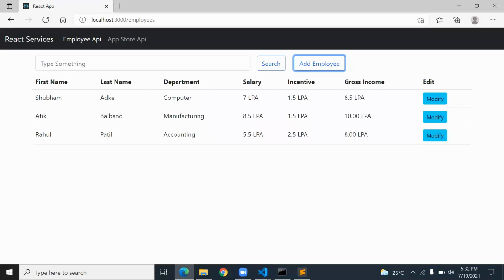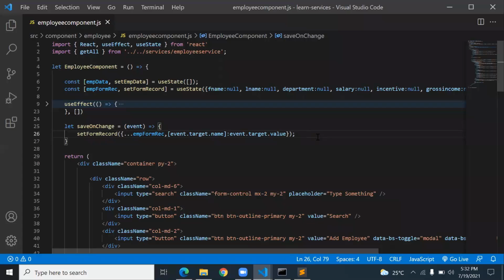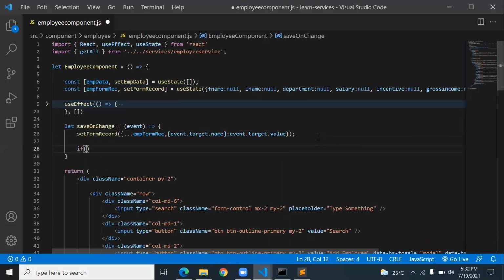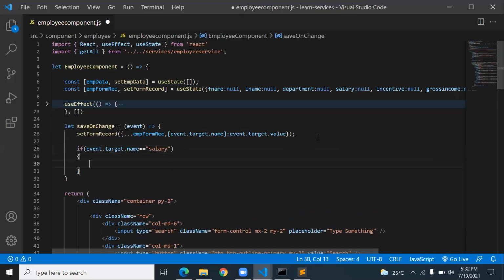So to do this, in the code I type if event dot target dot name is equal to salary, or event dot target dot name is equal to incentive.